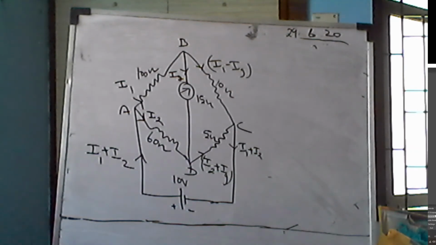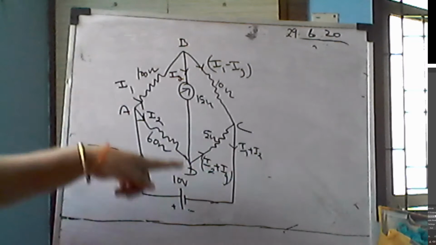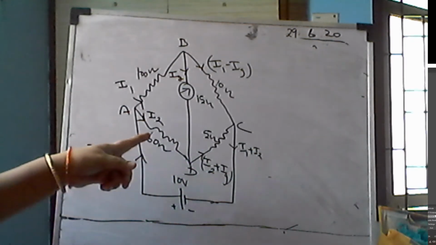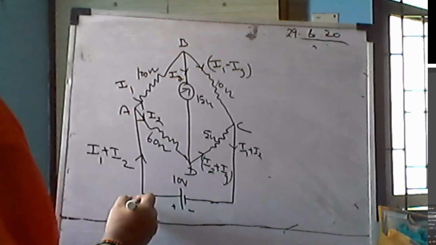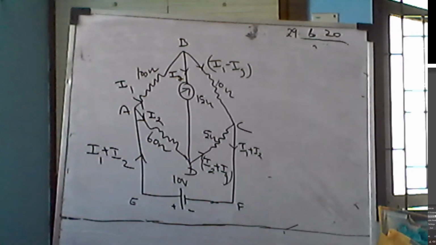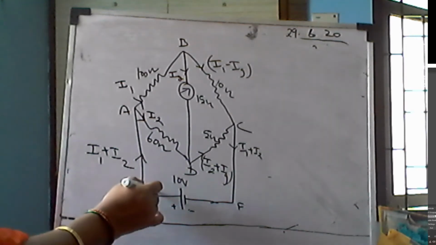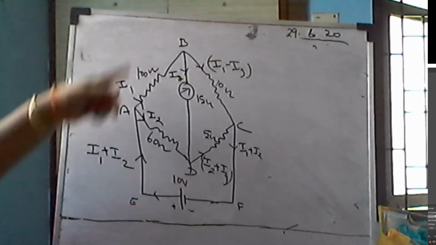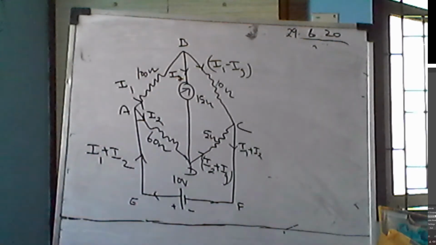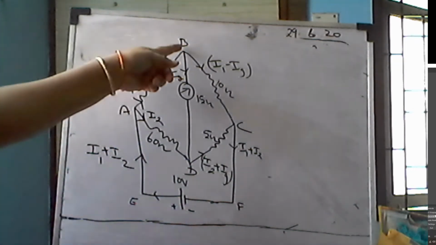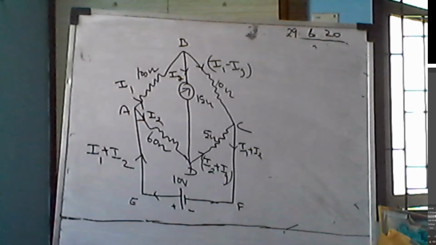Now, same way I will write the equation, then I will rub, and then we will solve it. So for the mesh ABDA, you can take. Otherwise with the battery you can take, anyway you can take. Otherwise here ABCDEF I will consider. So you can start from here E, A, B, C, F, E. In that case you will not consider anything here. E, A, B, C, F, E. If you consider like that,